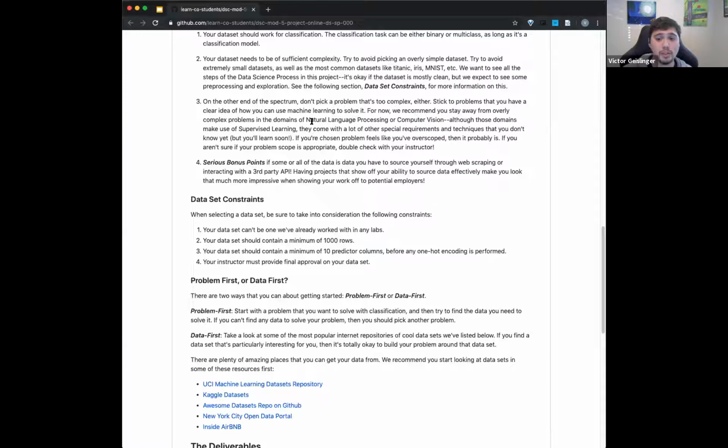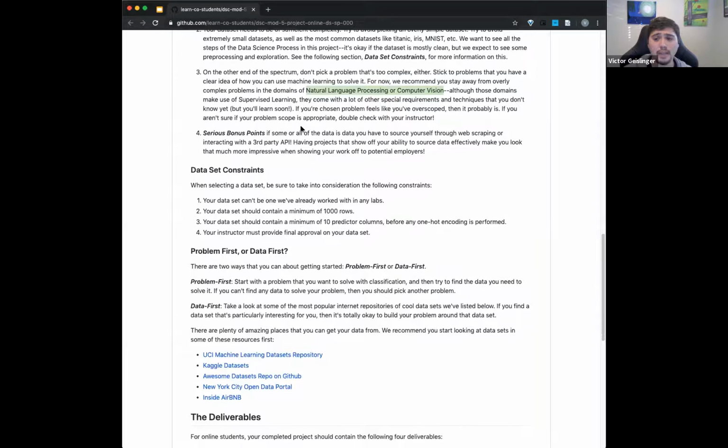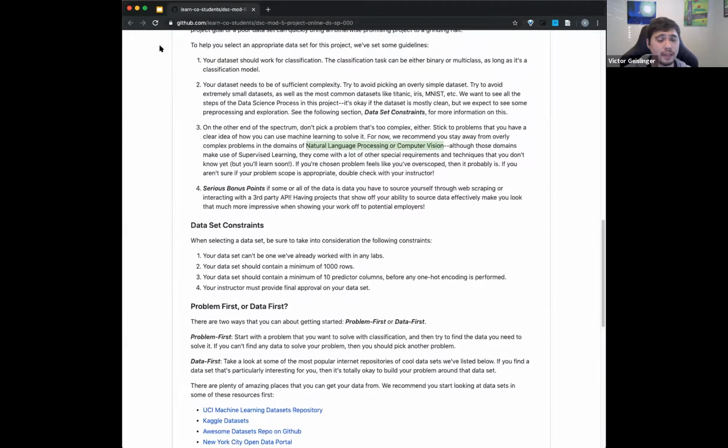So this will be for mod 6, where we'll talk about NLP and computer vision with neural networks and convolutional neural nets and stuff like that. So if you're really curious about this stuff, like I really want to do this, hold it off. Definitely think about it for capstone. Okay, cool. Any questions so far, going through these bullet points, these projects?